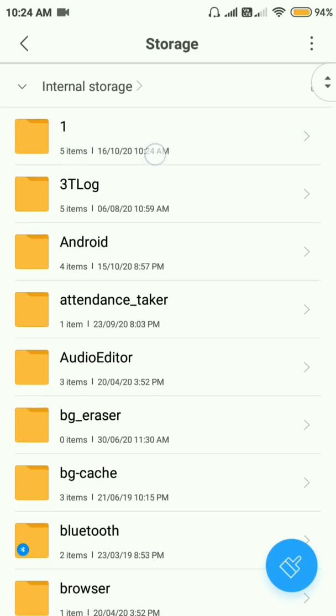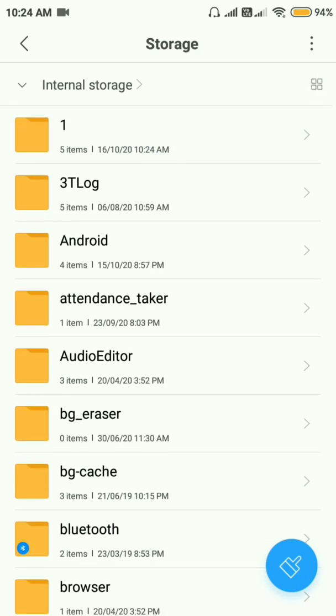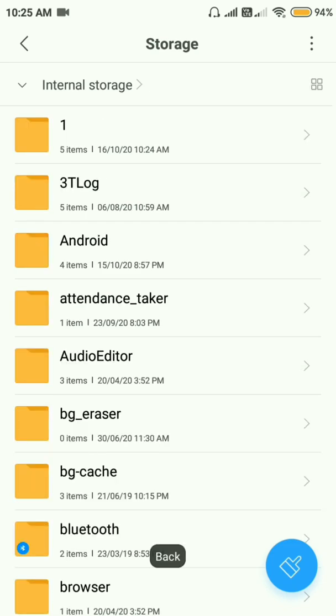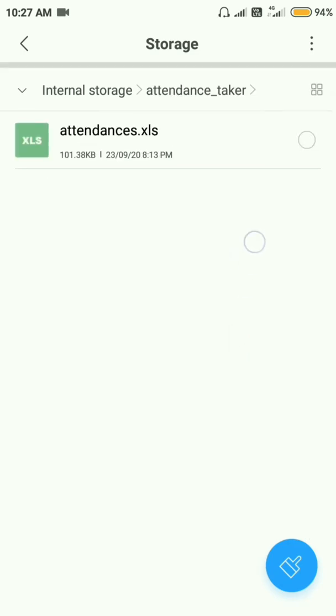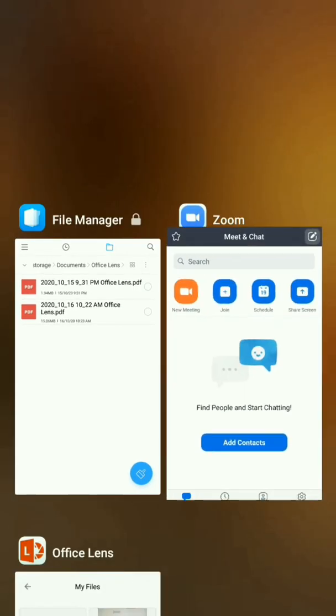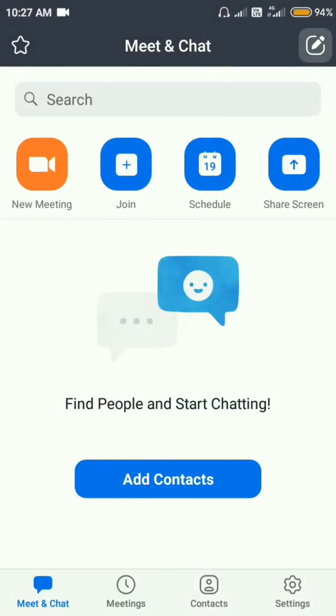You can name it as one, or even any symbol, a dot, a comma, or a colon, anything as you wish. Just ensure that it is on the top of the list in the file manager. This was all about saving a PDF in our file manager, and now I will show you how exactly you can share that, or how saving to another folder will help in a Zoom meeting.